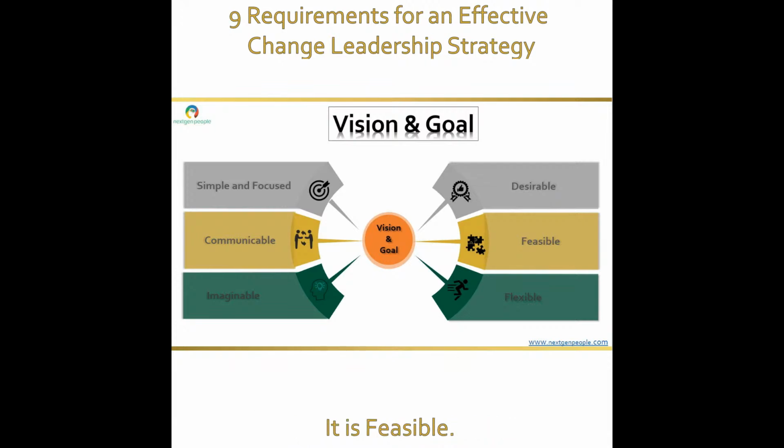It is feasible. That means that the vision is doable. So it's not just benefits that are tied to it, but they know you've done your due diligence, you've done your research to ensure that this vision can actually be implemented in a reasonable way successfully. And lastly, you want to ensure that your vision is flexible. A vision is an idea, it's a picture. It's not the implementation itself. So when you're embarking on something new, you must expect the unexpected to happen. You must anticipate the need to adapt and be flexible. And this is more true the bigger that transformational change is.